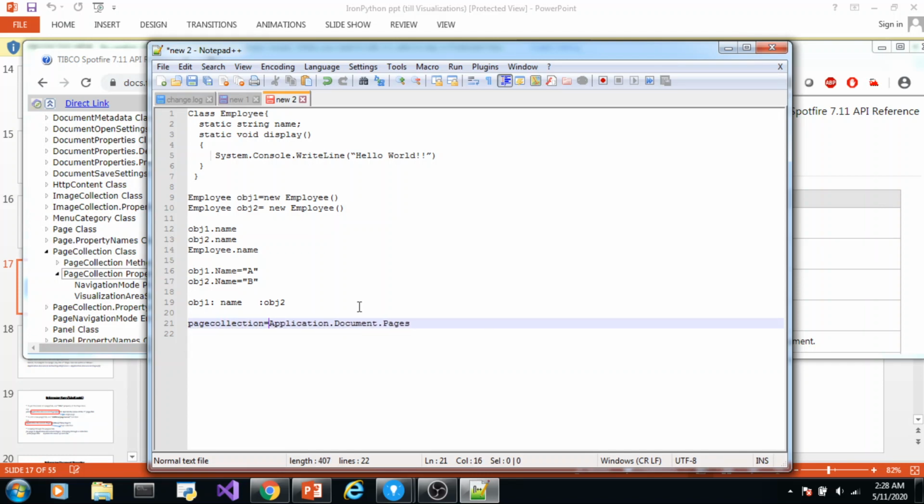This page collection contains a collection of pages in your document. Page collection is a class, which is nothing but another data type. Now we want to know what all methods and properties are applicable to this collection of pages. So we will go to the page collection class.